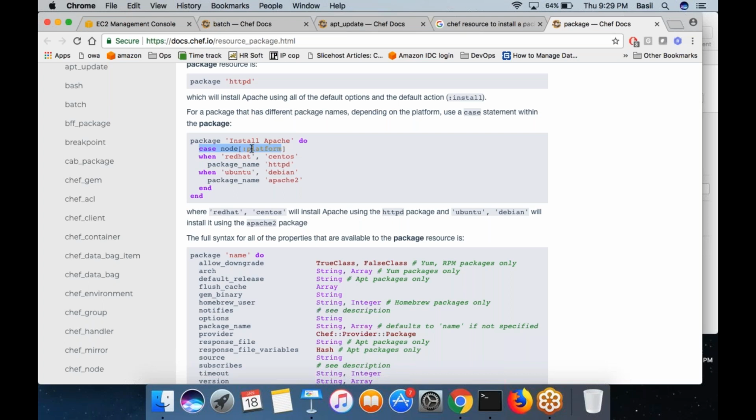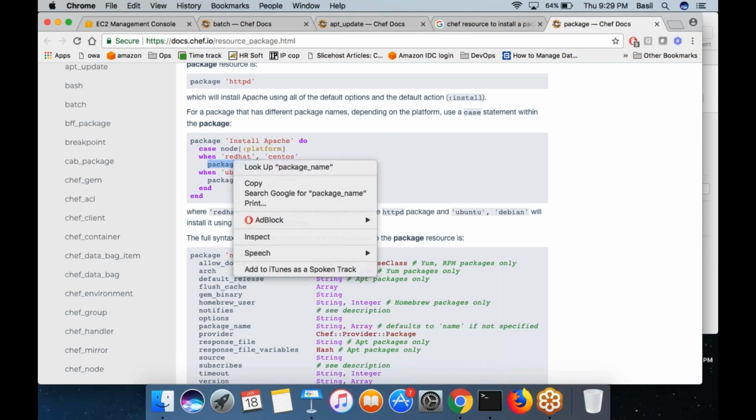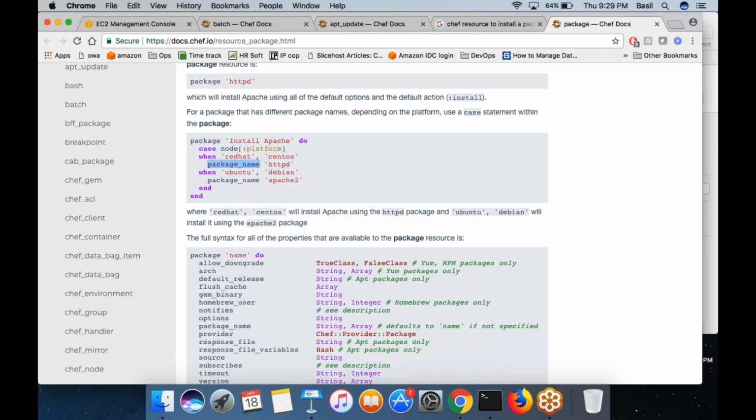So I'm adding a case statement. If the platform equals Red Hat or CentOS, then the package name is httpd. If it is Ubuntu or Debian, then the package name is apache2. So I can have these case statements, which is nothing actually. This is Ruby code, even though you need not worry about much as of now.